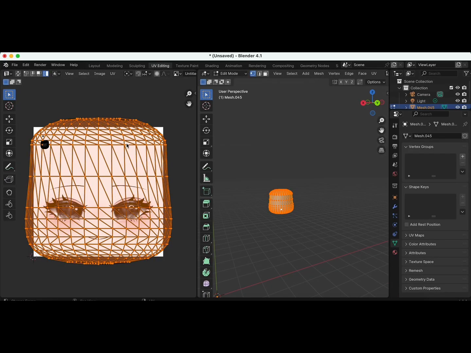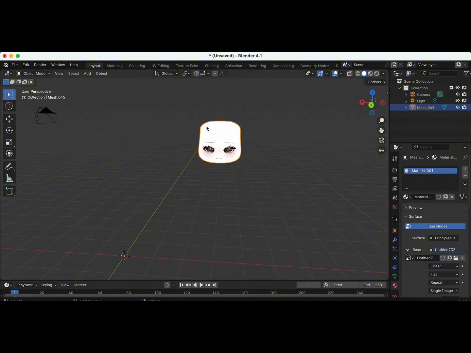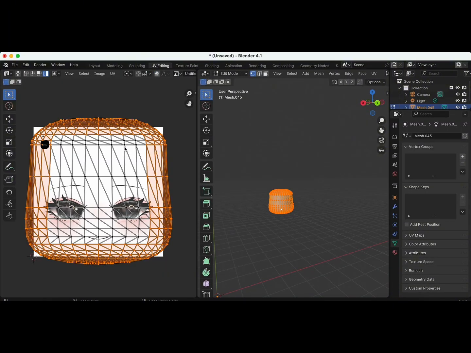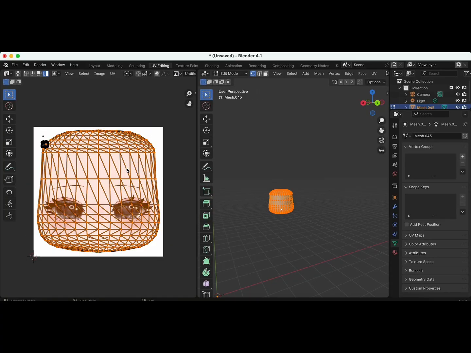Sometimes it's fine because Blender or the system would just make this part like here, if that makes sense. I don't know if you can catch on, but it doesn't always work, so I wouldn't recommend doing this. But if you're like me, the face concept you're using right now is like this, and it still